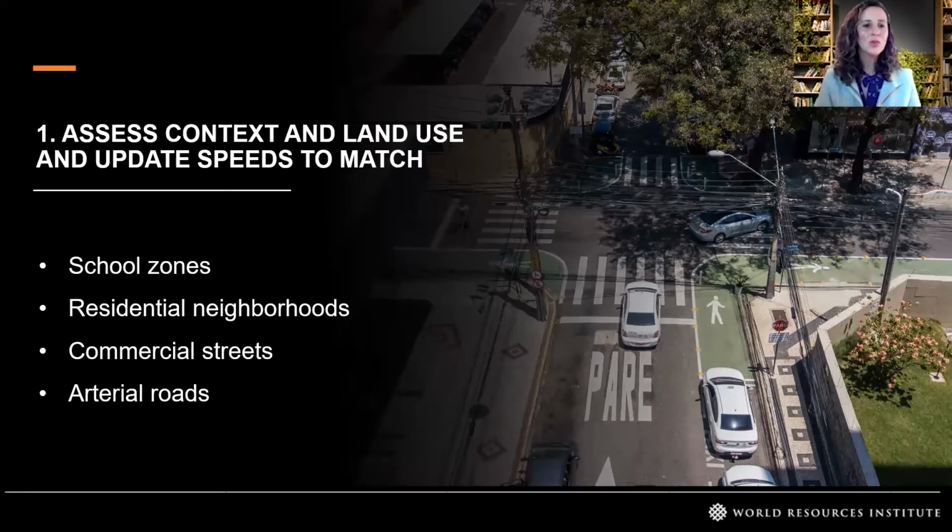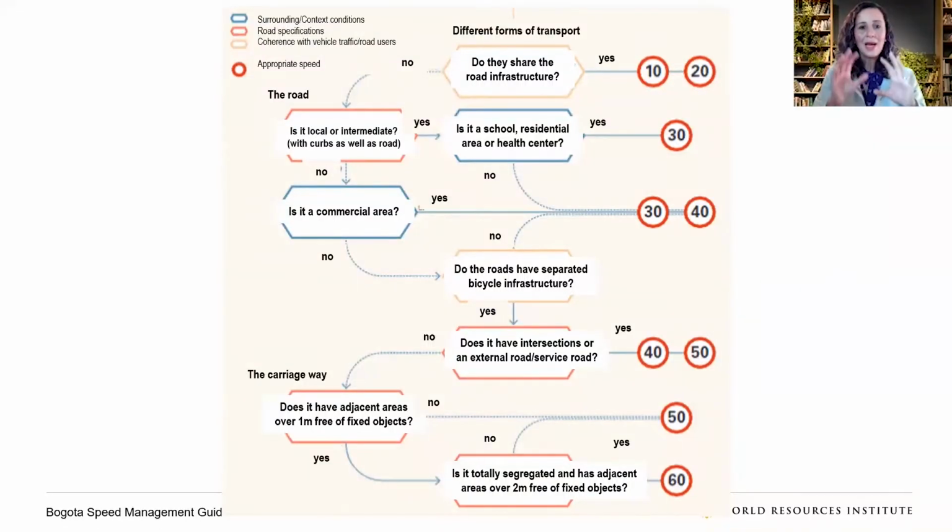Do we have school zones, residential neighborhoods, commercial streets, arterial roads? We will decide in particular what are our arterial roads, where we will have high traffic with high volumes and probably with a high density of vulnerable users of the road. This is a graphic that can help you decide, depending on the function that you see for that road, what